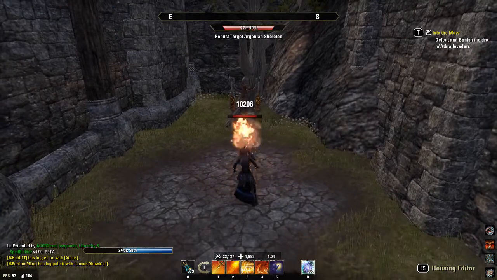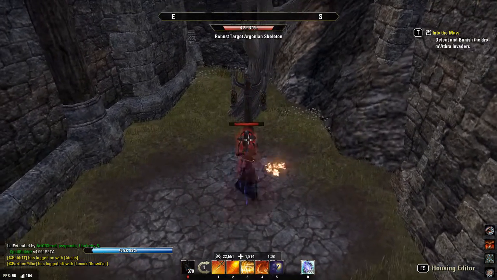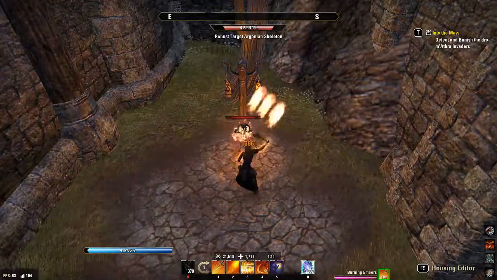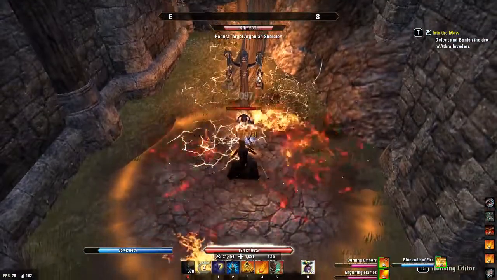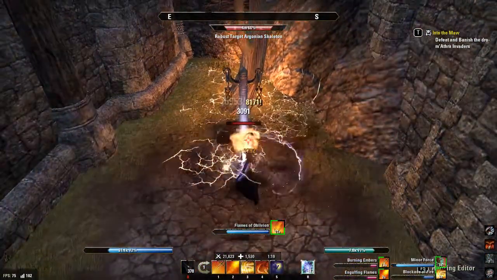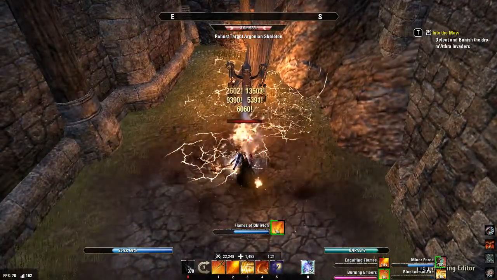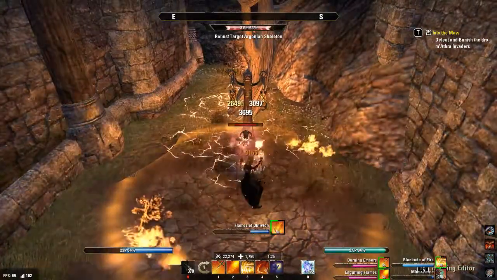Okay, so you want to start out on your front bar. When you start on your front bar, you apply Burning Embers, Engulfing Flames, Blockade, Bar Swap, Eruption, Flames of Oblivion, Bar Swap, whip 3 times, Burning Embers, Engulfing Flames, Blockade, whip 4 times,